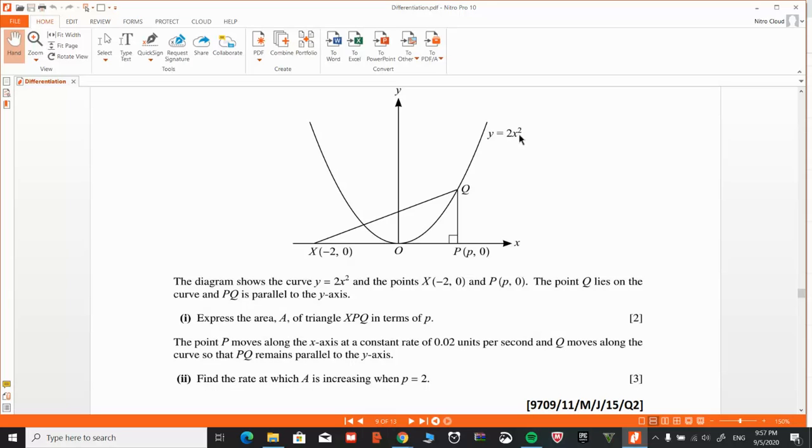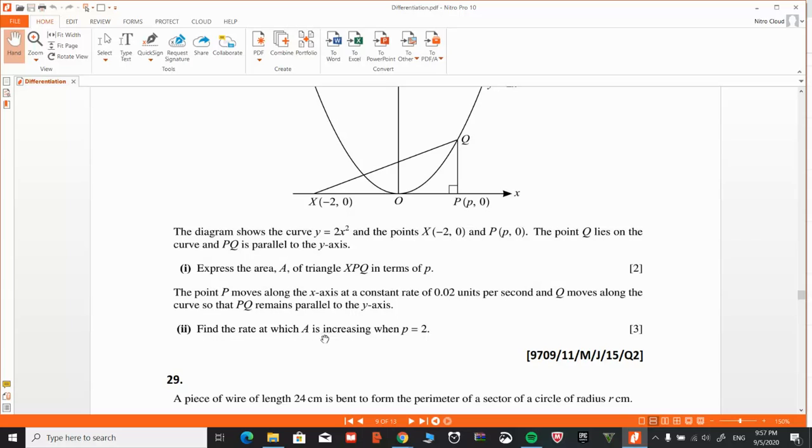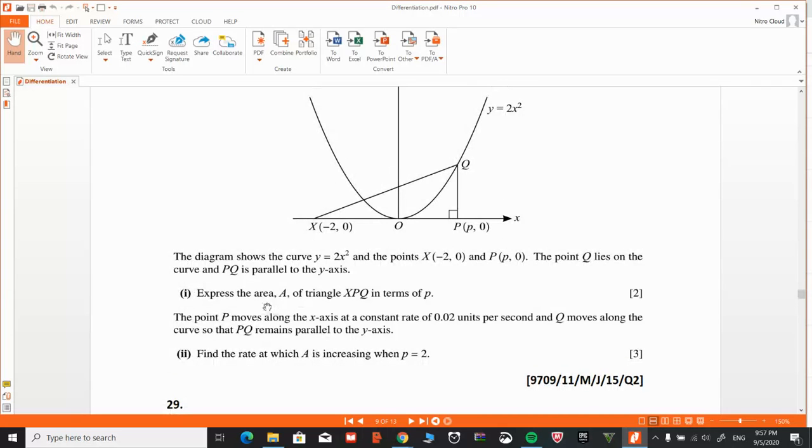Make sense? So the area is going to be half into base p plus 2 into 2p square. That is the area of the triangle. তারপরে rate of change টা পারবা? হ্যাঁ পারবো. dA by dt চাইছে, so that is going to be obviously dA by dp, কিছু একটা করে করতে হবে। হ্যাঁ, এখানে পারবো, ওকে।